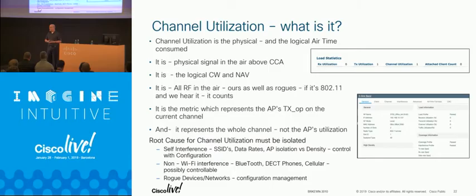We're putting in all of those wait states, the NAVs, the CWs that come from those frames, and we start an internal clock. So there's a period of time, obviously, that we can't transmit. And then you add to that the listen before talk feature, the CCA threshold, and we count the amount of space that's left on the other side. A lot of those values are built on the QBSS value that comes from the clients. So when we count that up, it's a loaded metric, and it's the real picture.